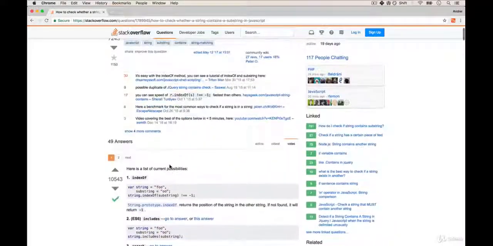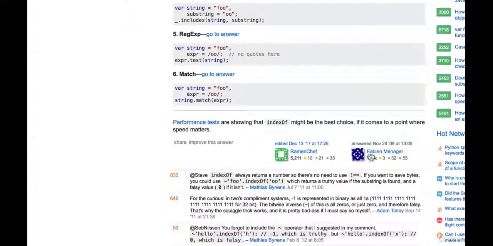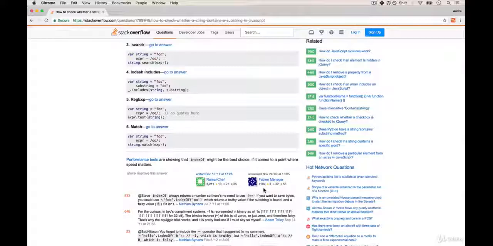The last thing I want to point out is you also want to look at usually the person that's answering. You see that Fabian, which has a lot of gold stars and a lot of points on Stack Overflow. Well, this person answering looks pretty credible from all their stats. So that is most likely a good answer by this. And I actually know a few companies that look at Stack Overflow profiles to see how good of a developer a person is, because if you're a developer that answers questions on Stack Overflow and provide a lot of value, well, you must be a good developer. So remember this, Googling and Stack Overflow is very important.